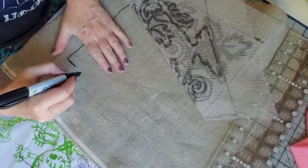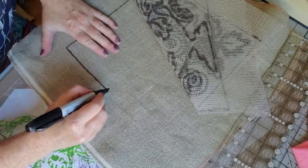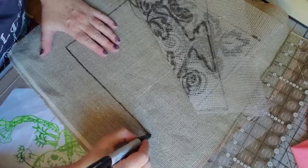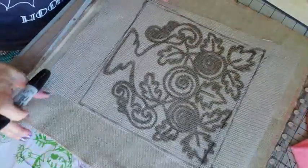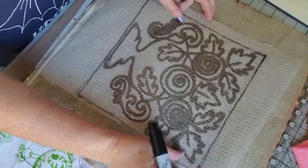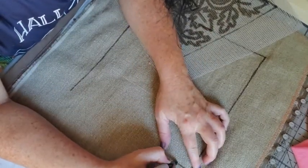And it might not look like it's going to match up with the top, but it will, because your backing, I've got linen here, your backing is pliable, flexible, it will mutate to fill the space. I'll show you what I mean. So I think we're perfect up here. I'm going to come across with the fourth